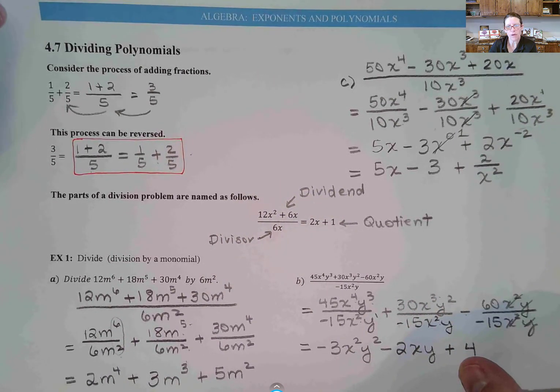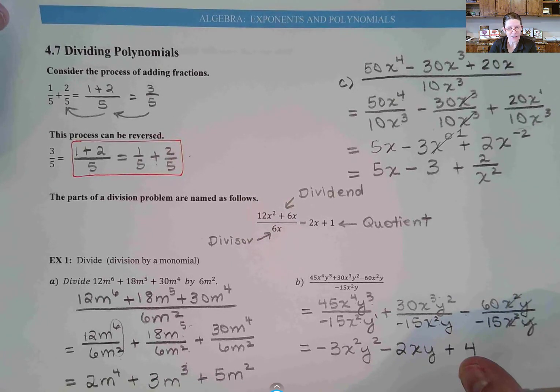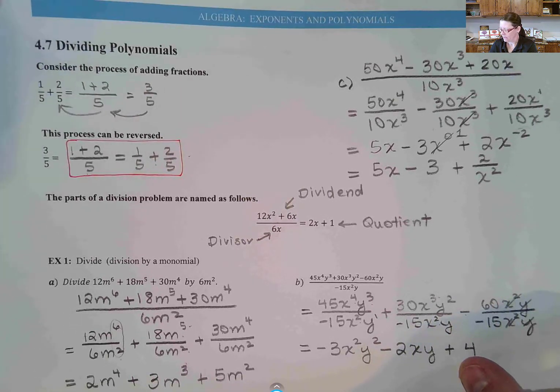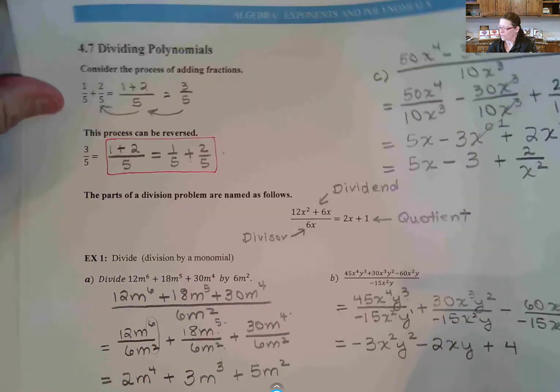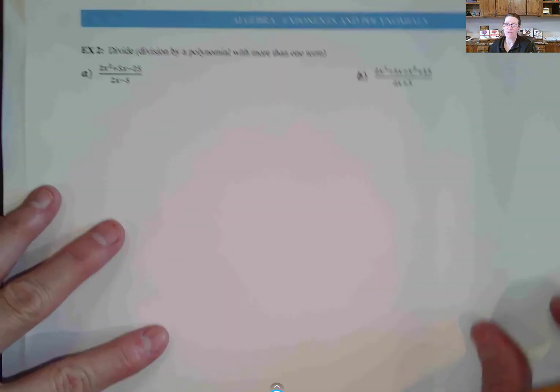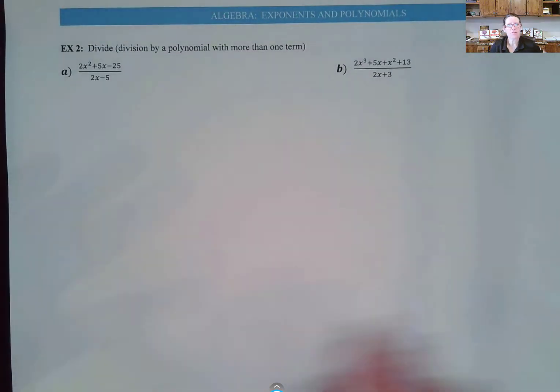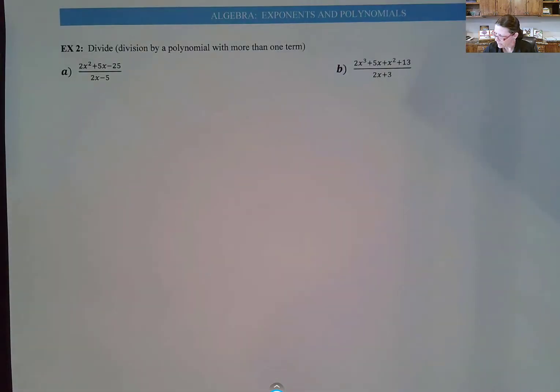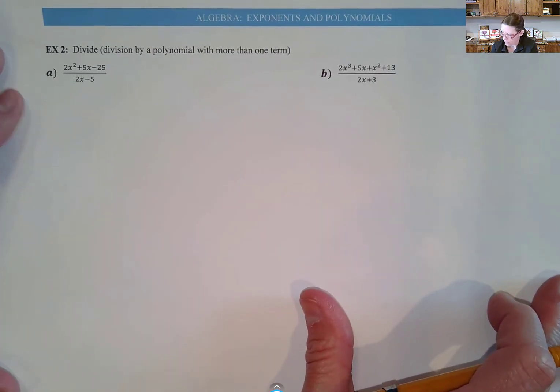These are problems where we are dividing by a single-termed monomial, and they're of the easier variety when we think about dividing polynomials. Now as we prepare to divide by a polynomial with more than one term, I want to set up a little prep work for us, okay? Let's consider long division of numbers. For example,